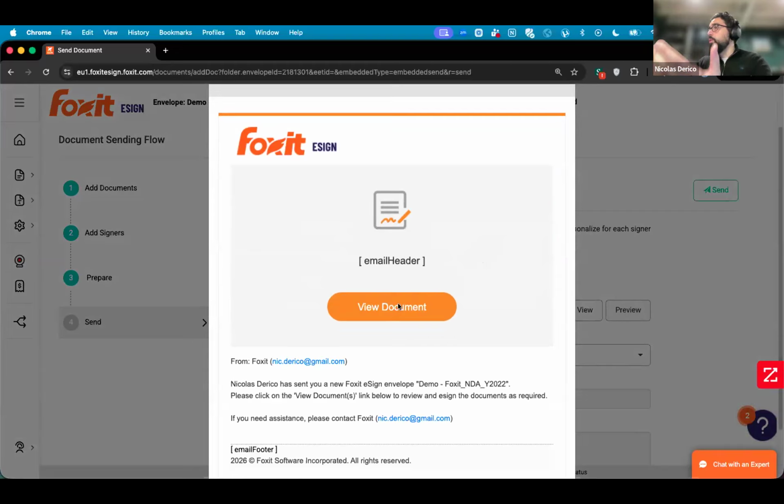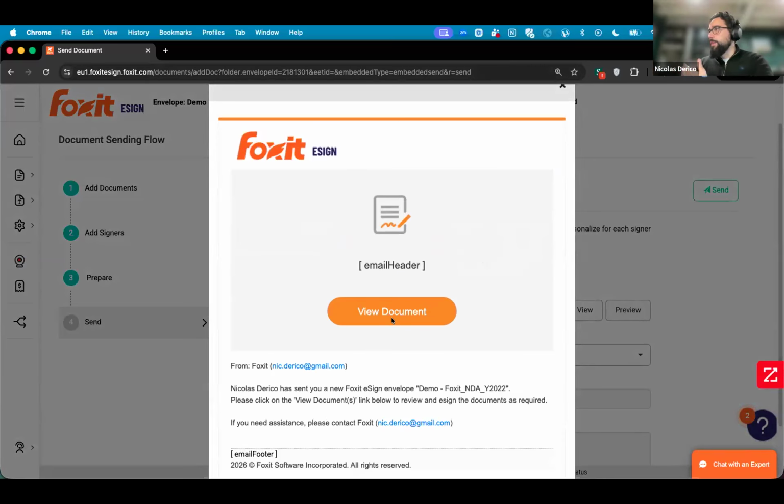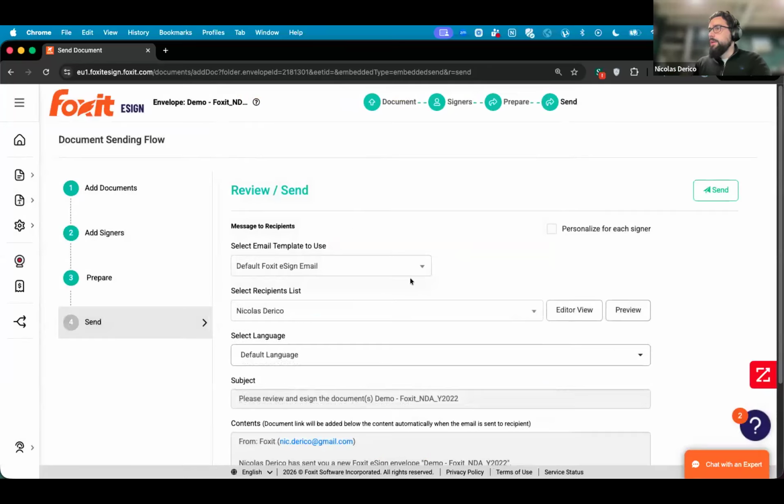If I click on this link, I will be brought back into the signature sequence now as a signer. Right now, this is the sender experience, right? Obviously, everything in here with eSign Business is fully customizable. eSign Essentials has a lot of limitations in terms of the fields that are available, the quantity of envelopes that you can send, the ability to customize the platform. Tons of limitations. Those are all gone with eSign Business. Now, if I just hit send,